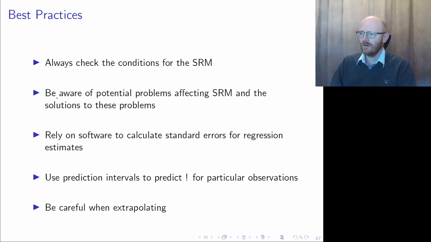And we have to be aware of potential problems affecting the simple regression model, the three problems that we went through, and what we can do about the problems. And well, you should rely on software to calculate these standard errors, because it's so much simpler, and you have to use the prediction intervals to predict,